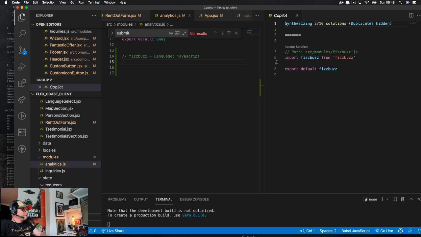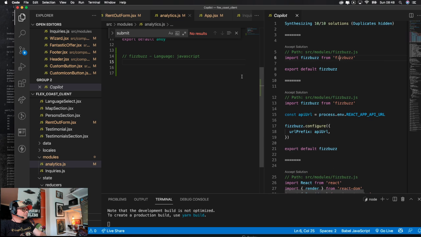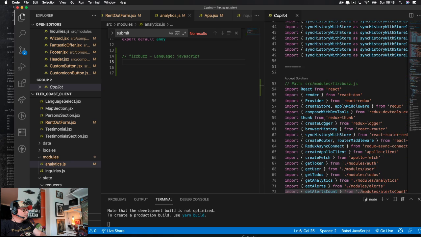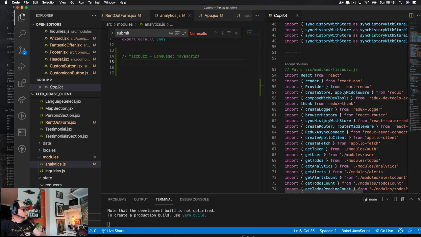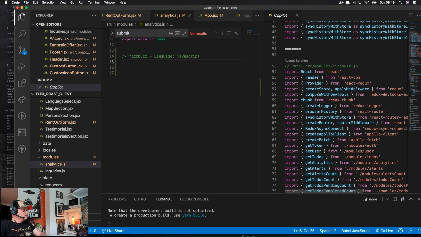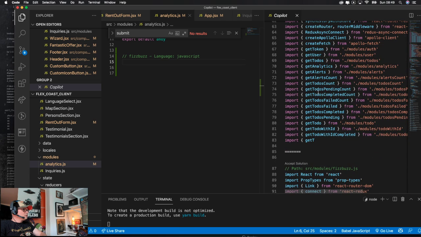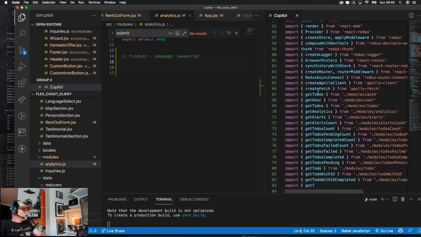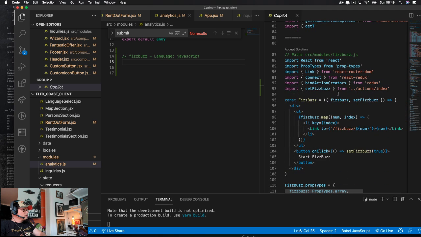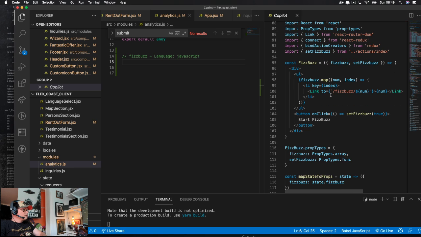No. There it goes. Oh shit, look at this. Why would it give me this kind of stuff? That's weird. Adopt solution path. Right. So here it gives me the entire